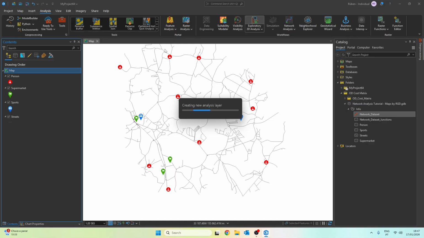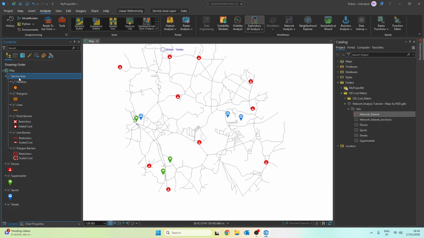What it does instead is connect to its internal network, and this causes us to spend credits. For those who have an ArcGIS Pro account, and I think they all work like this, each credit spent represents money that will later need to be topped up so we can have those credits again. So in this example, I'm going to show everything using my own network. In fact, all the projects I work on, I use the networks that I've created myself or networks created by others that I can adapt, edit or improve depending on the specific requirements for each project.